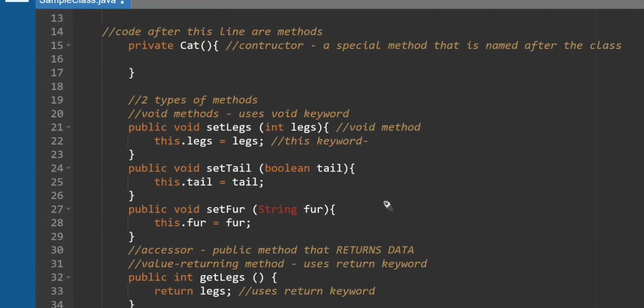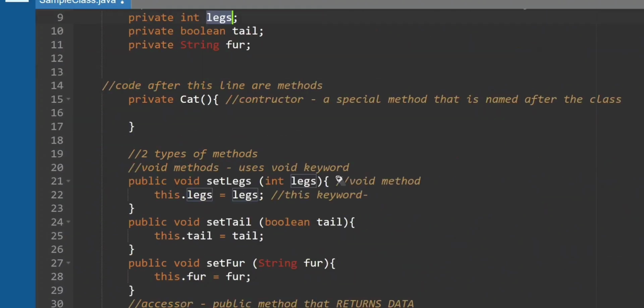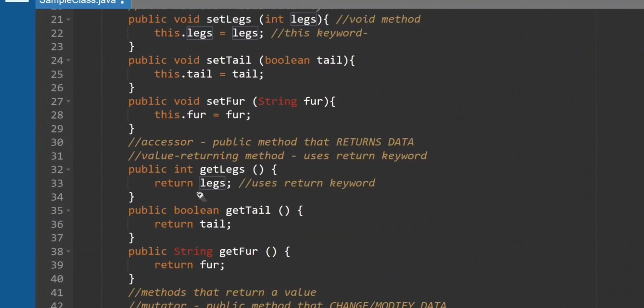And so whatever the value here is, let's say we set the legs, the user input or value that we put in this parameter will be assigned to legs, and therefore it will be assigned to the variable legs here in our instance variable. Then we call it in our value returning method, which is getLegs, and it will return the value of legs. Okay,